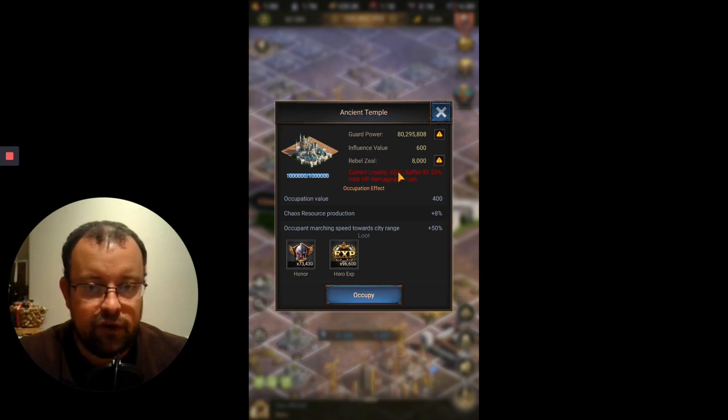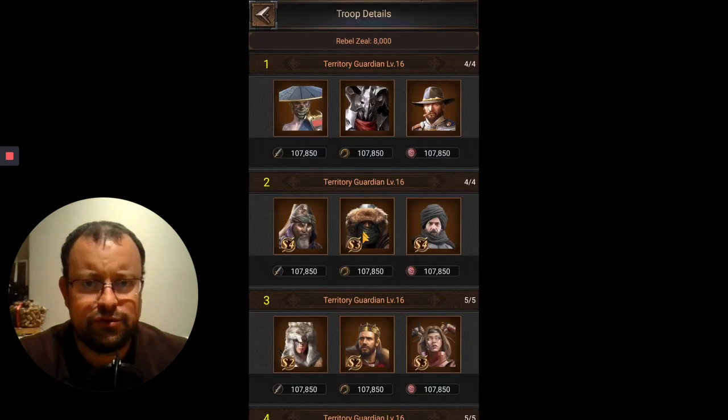You're going to need a lot of players to be maxed on their loyalty, alright? The next thing is the fortification value of the ancient temple. It is 1 million points. 1 million. And look at that guard power, 80 million. So you're going to need an incredibly strong...